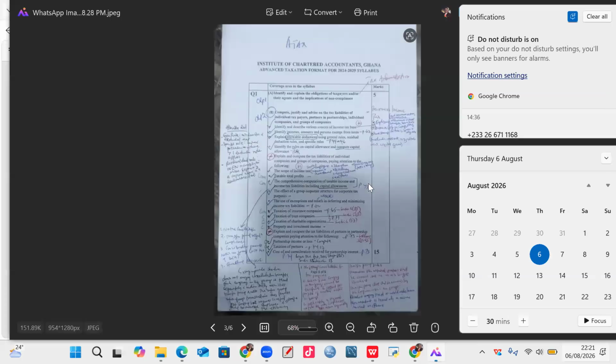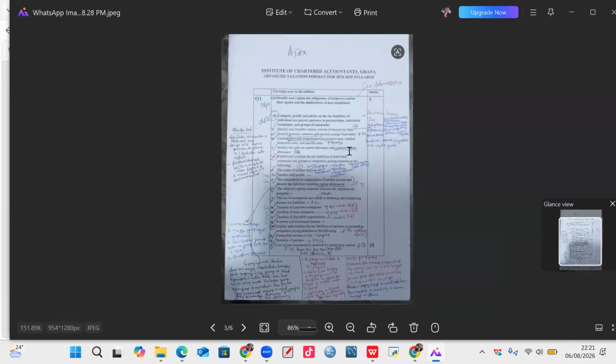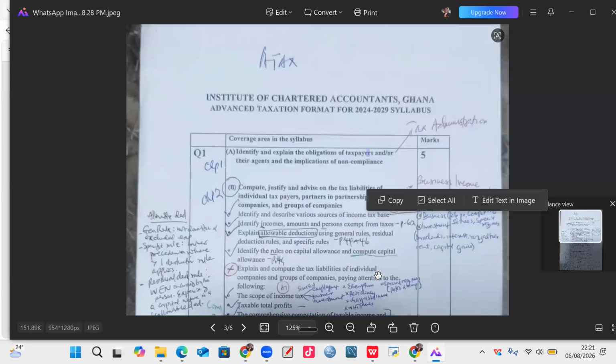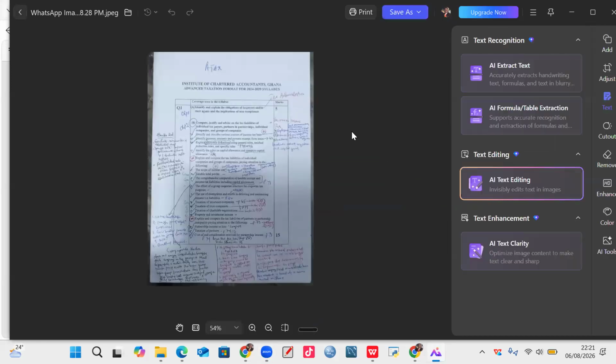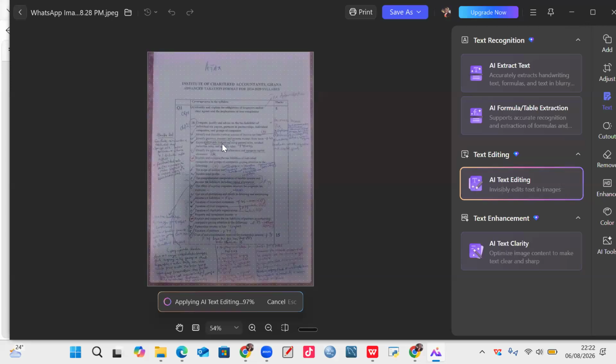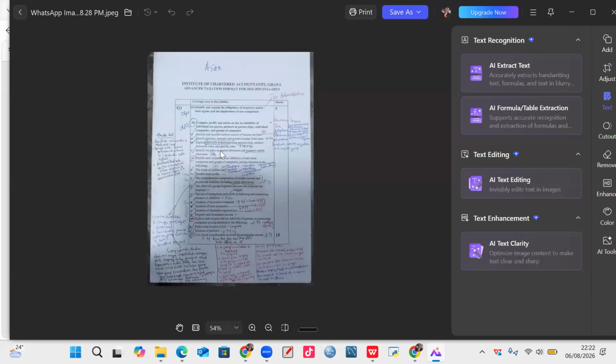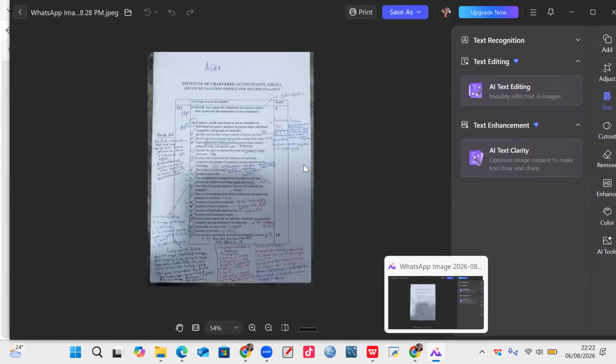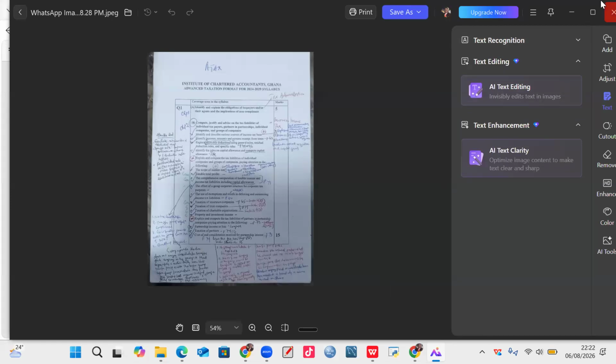Let me show you how I did mine. Please, can you all see it? Can we all see it? Yes, please. As I said, I have all the formats from level 1 to the last. If there is a format, I will give the question one touch. If there's a format, the question will only need one touch and it will work out.